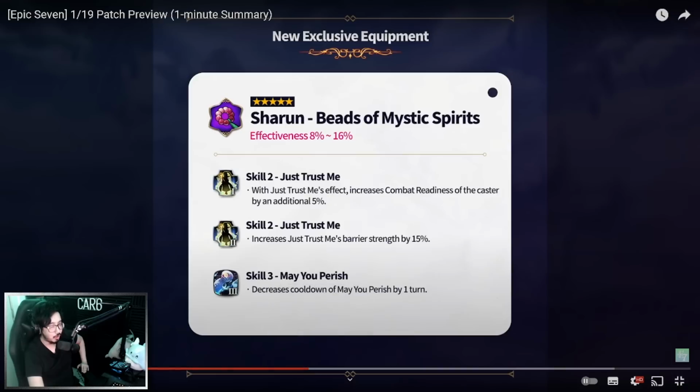Next up, guys, we have Sharoon, who's going to get some effectiveness. Skill 2, just trust me. Increase combat radius of the caster by initial 5%. Okay, not too much here. She has another option for skill 2. The barrier strength increases, and then skill 3, you get a 1-turn cooldown. So not quite as exciting as some other EEs, but I think anything in addition to Sharoon,